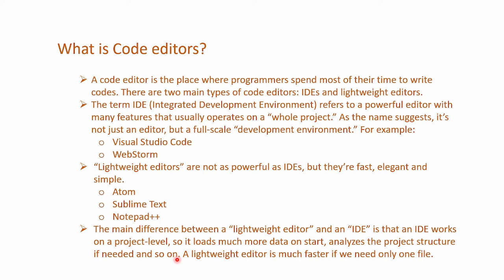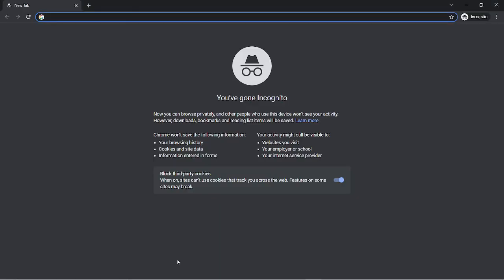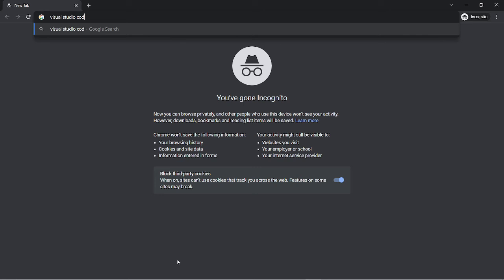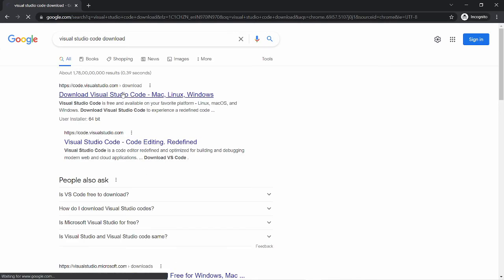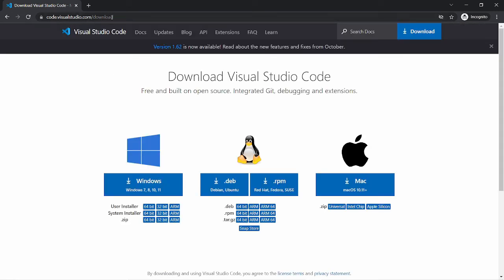Okay, so let's quickly understand from where we can download Visual Studio Code. For that, you can just go to Chrome or any other browser which you like and type Visual Studio Code download. Go to the very first link, that is code.visualstudio.com/download, and you can download as per your specification.